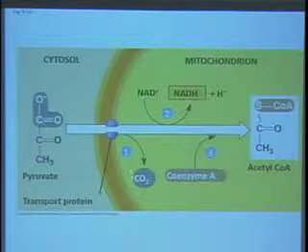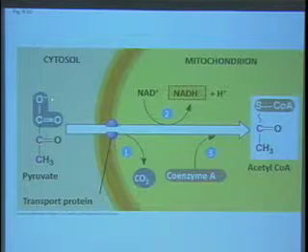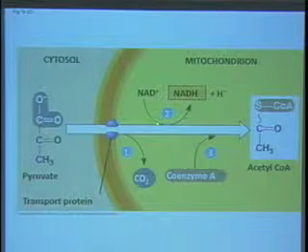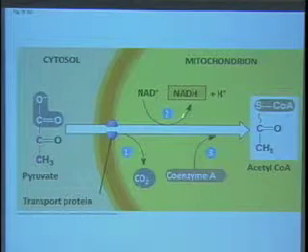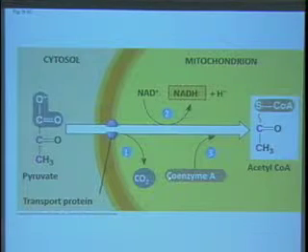Carbon dioxide is released. That's this portion of the pyruvate right here. We have a reduction of an NAD plus molecule to NADH, and we also have an addition reaction to coenzyme